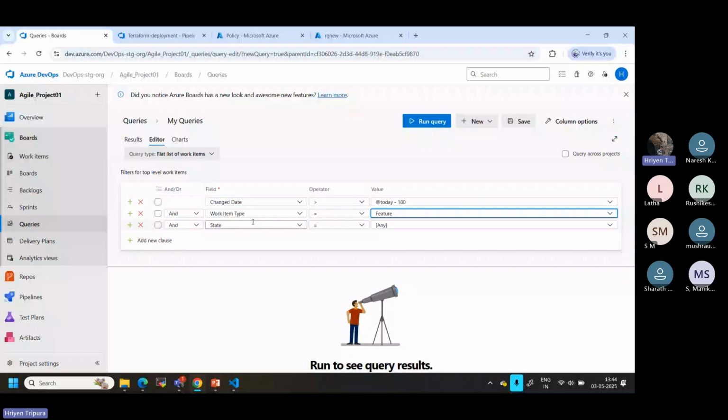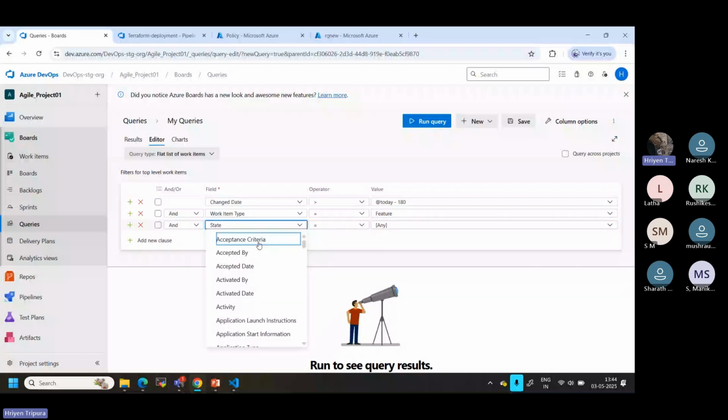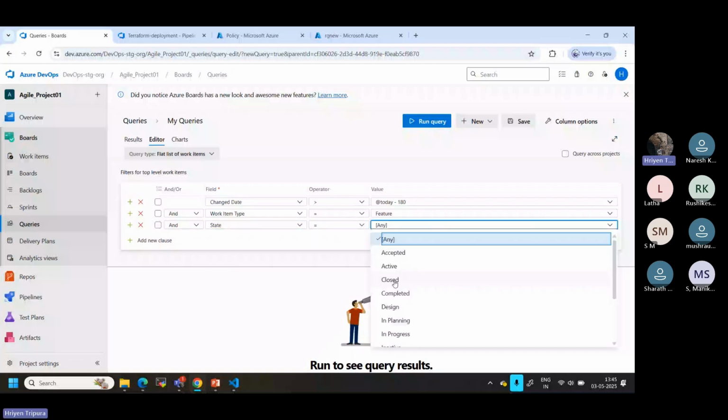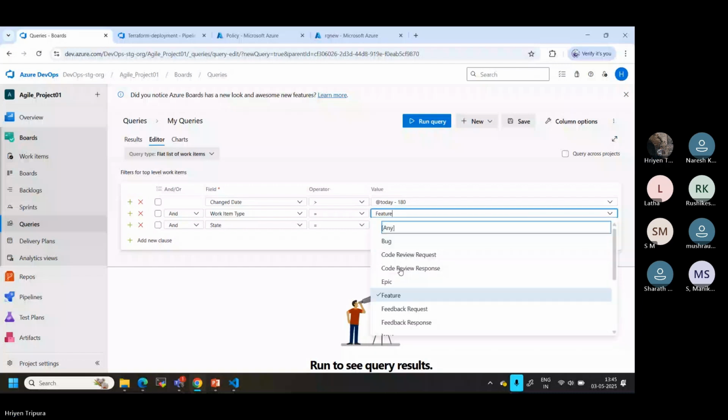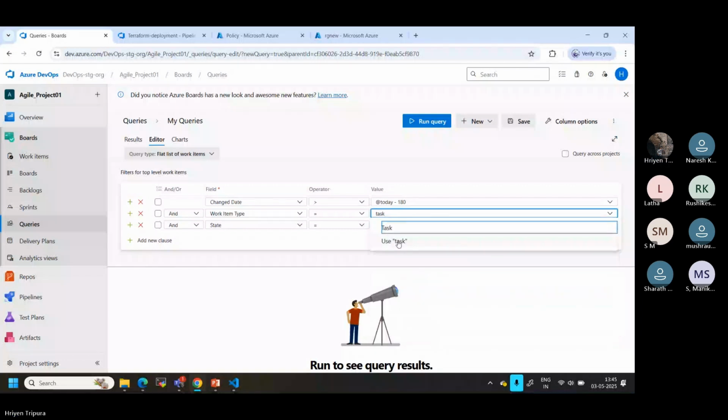So let's say I want to set state as closed. Closed means, in total, how many are closed. I can remove the 180 days, but it's okay, let it be as default. So I'm selecting task maybe. So I'm saying that the date is within this particular 180 days,